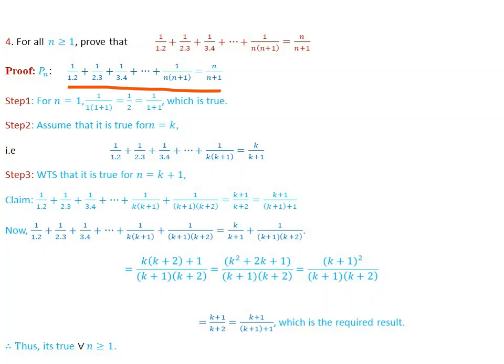By the principle of mathematical induction, we can easily prove it by following three steps. So when we prove it, step 1: we check by substituting 1 in place of n. That means 1 over 1 into 1 plus 1, which is 1 over 2, is equal to the right side n over n plus 1; putting 1 in place of n, 1 over 1 plus 1. Then this becomes 1 over 2 is equal to 1 over 2, which is true. Step 2: this is the assumption part, or the hypothesis of induction. Assume that it is true